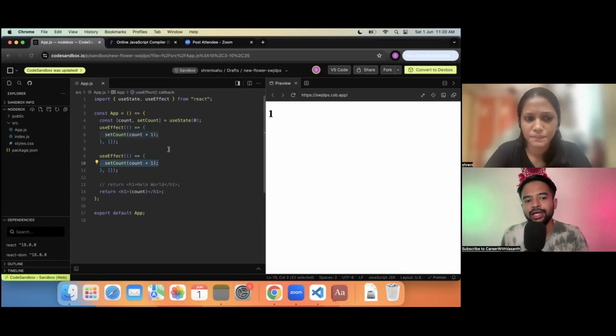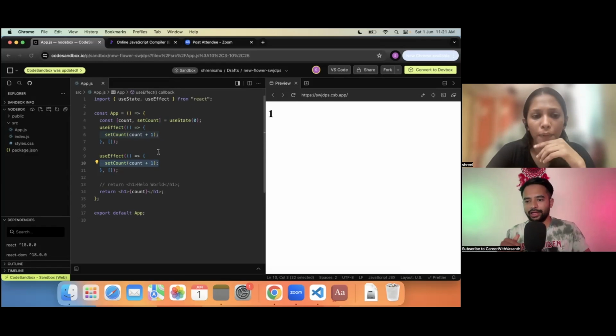One after another. If execution is synchronous, one after another, then definitely the count value should be 2, right? In line number 10, because that has completed the execution of useEffect, and we are not doing any asynchronous operation, correct? So in line number 10, the value of count should be 1, and it should become 2, as the output of line number 10. Agreed.